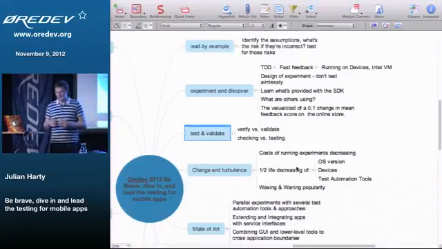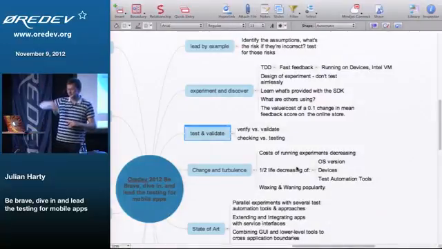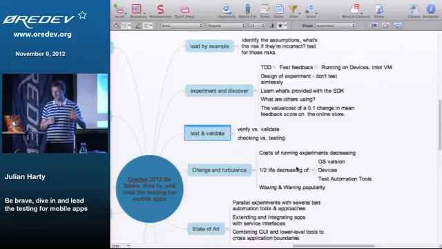I'm going to encourage you to actually experiment and learn about testing. I tend to talk a lot about automated testing. So TDD, there was a talk just before me in another room about TDD for Android, and quite an impressive demo, how to speed up your development.